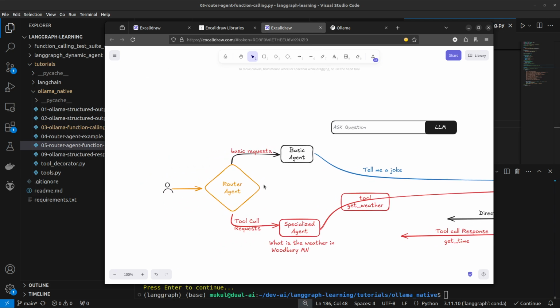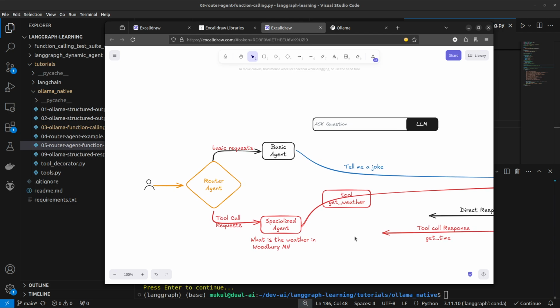But this is how we should be designing. If you have a tool call, just do not associate the tool call directly to an agent and ask it questions that are not related to the tool call. Instead, just break it down into two steps. Step one is a routing step where you do the tool call only when it is necessary by routing it through the specialized agent and only make the correct tool available to that agent. So if it is a weather related question, step number one, route it to the specialized agent and only give the weather tool access to the specialized agent. If you change your current implementation, break it down in this way,